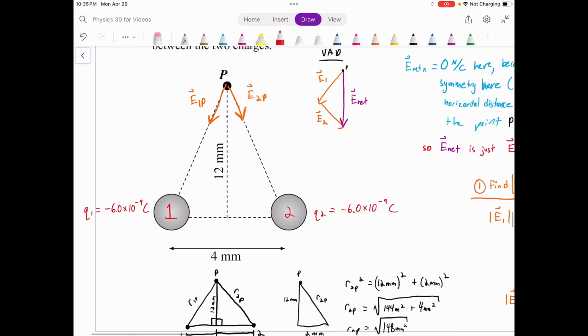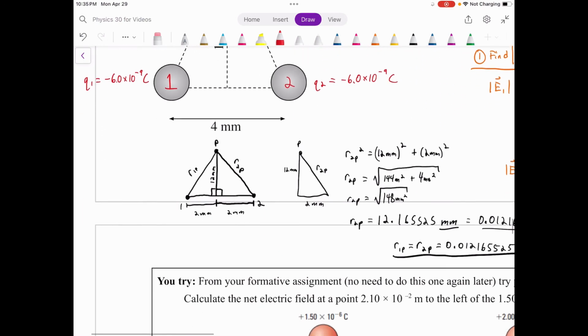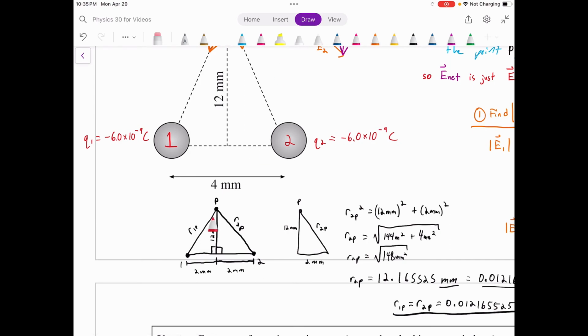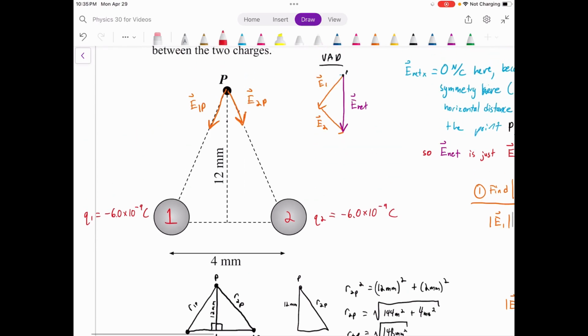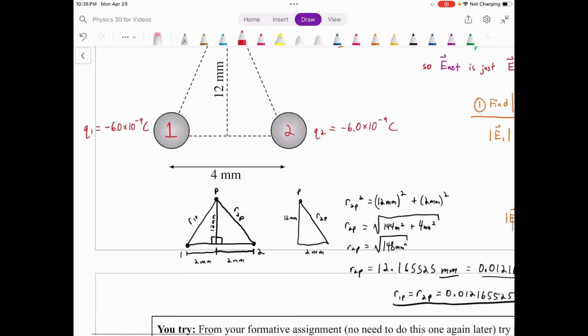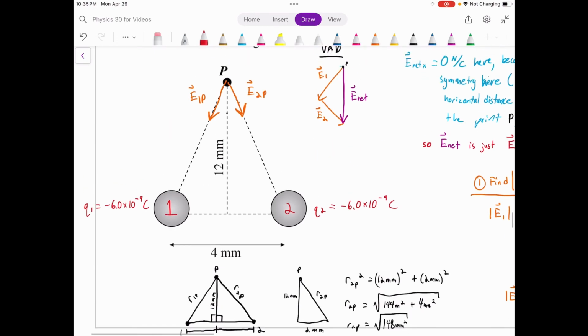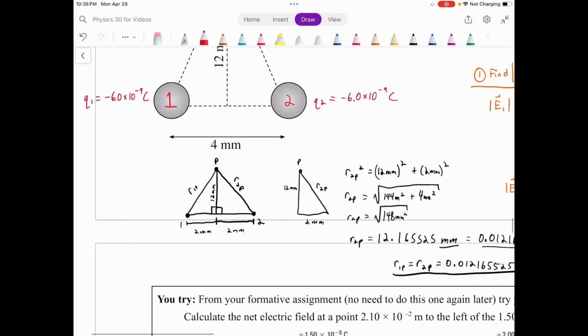But can we use this once again to figure out what that angle there would be? Do you see how? This is the vertical line. This is the direction that the electric field from object 1 would be pointed, and it's just pointed along this line here. So the geometry of the electric field situation matches the geometry of this situation. It has to. This is just a vertical line, straight up and down. This we know is directed straight towards charge 1, so that angle there has to be the same as this